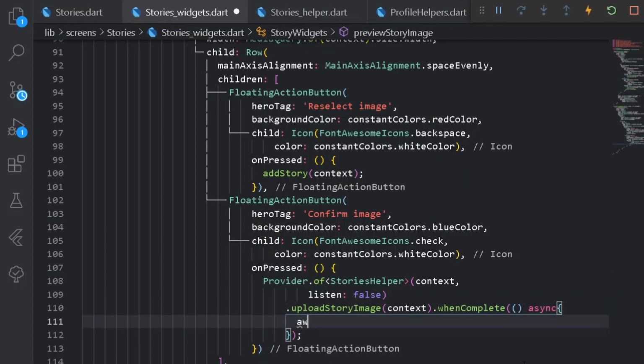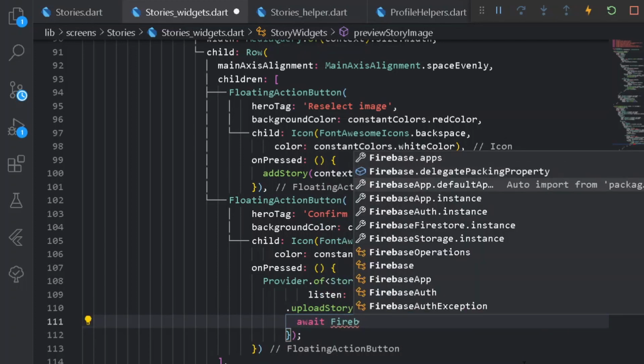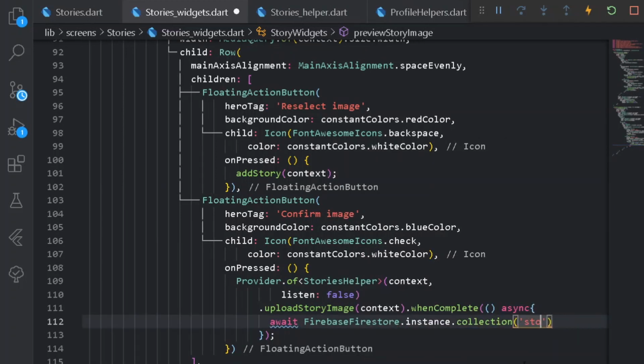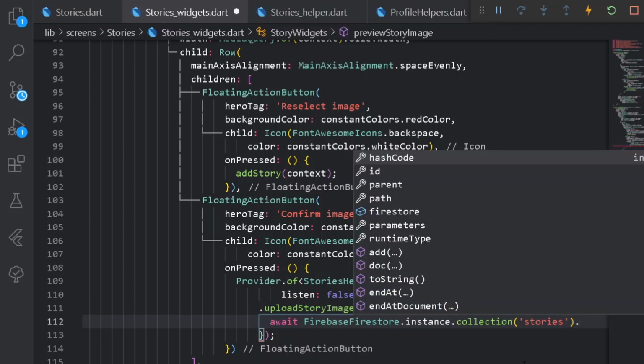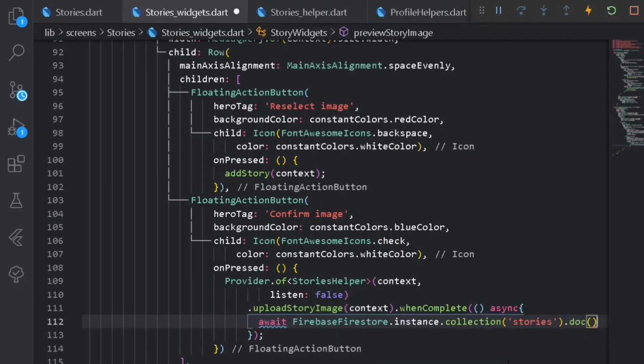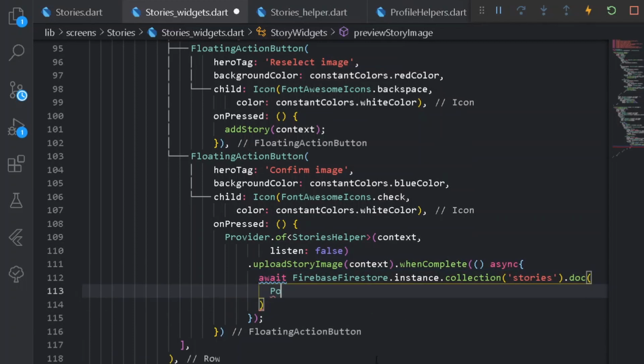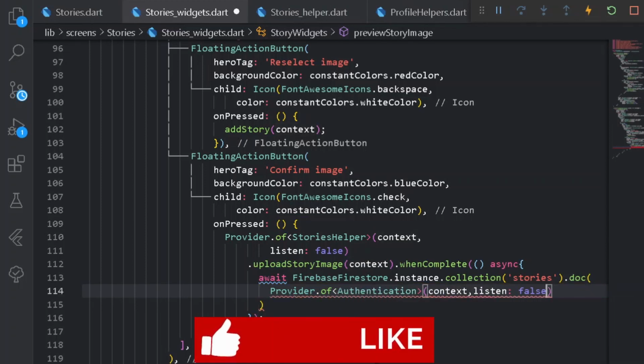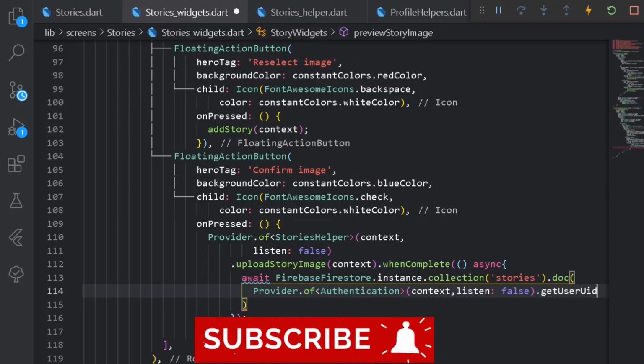Under this, I can simply await FirebaseFirestore.instance.collection. Let's create a new collection of all the stories, and under this collection I can have a document of the user who has uploaded the story. For that, I can say Provider.of, and under it Authentication, with listen property set to false, and after that let's get the user UID.